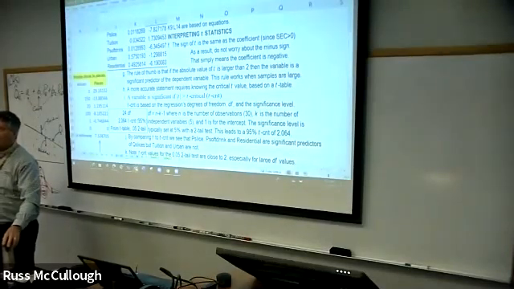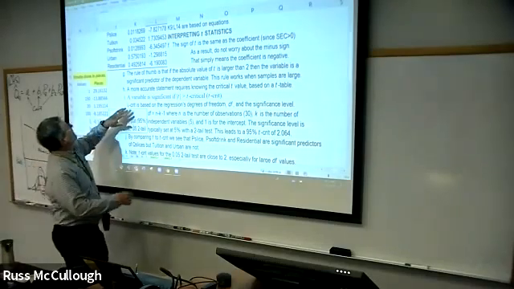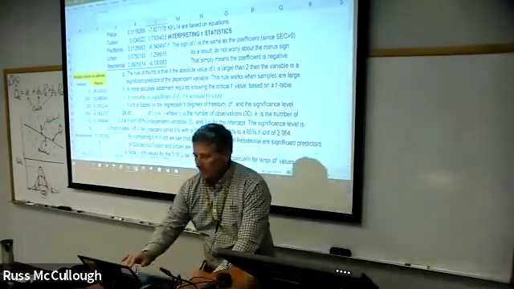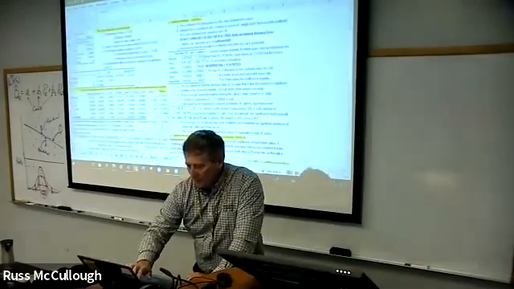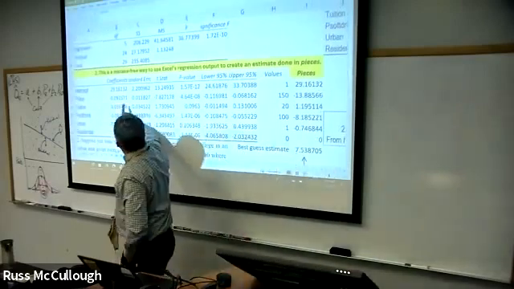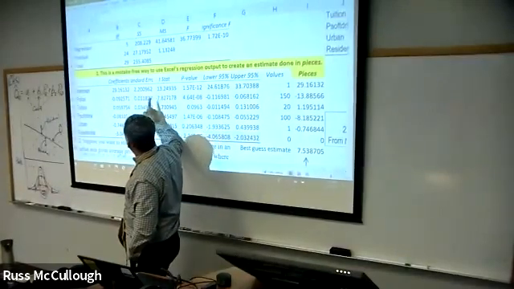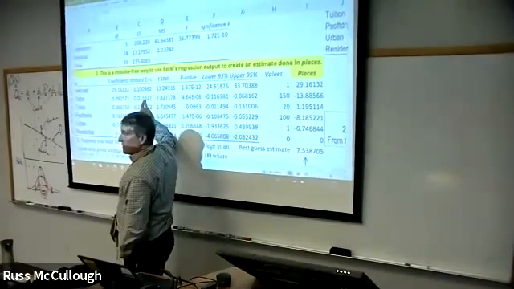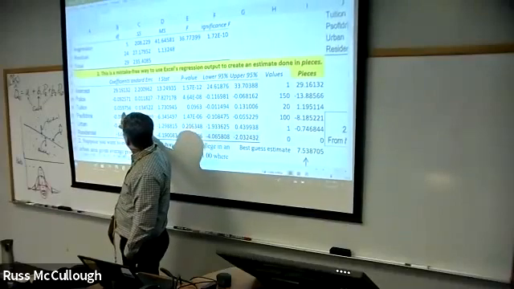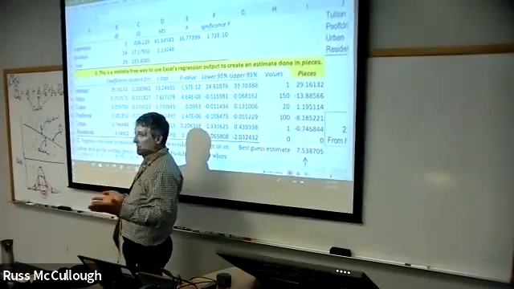So the t-stat, if you have a negative coefficient, so here's the coefficients, right? You're going to have a negative t-stat. Remember the formula, it's just this number divided by this number. And so it has to be negative. And same thing here, if the coefficient is positive, a positive number divided by a positive number gives you a positive number. So it's always going to work out that way.